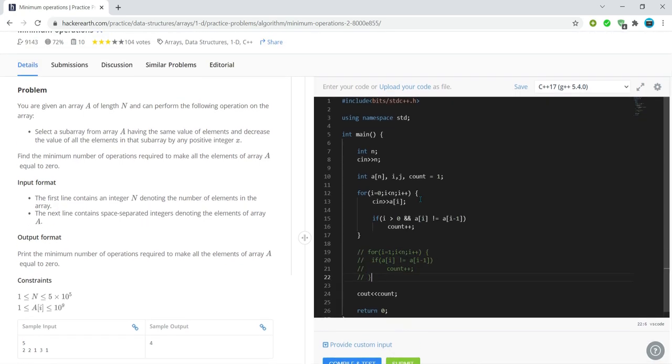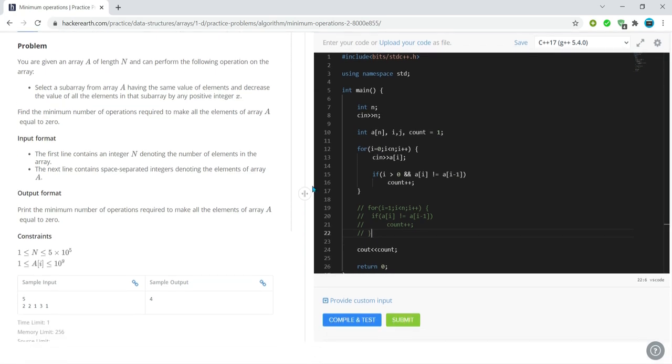Also, again, let me tell you something more. The funny part is, we do not need to store the whole array, since we need just the previous value to compare with the current value and perform this operation. So we are unnecessarily wasting storage to occupy a whole array of size n. Here you can see the values are 10 raised to 5 into 10 raised to the power 5. This much storage can be saved by just declaring some variables, that is previous and current, and storing the values into them. Let me show you how to do that.